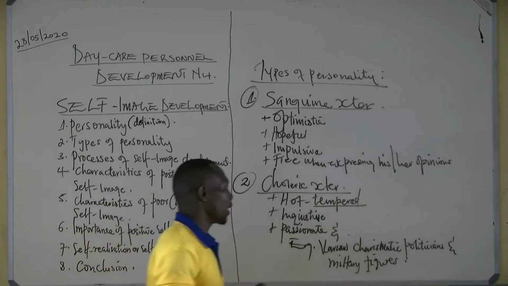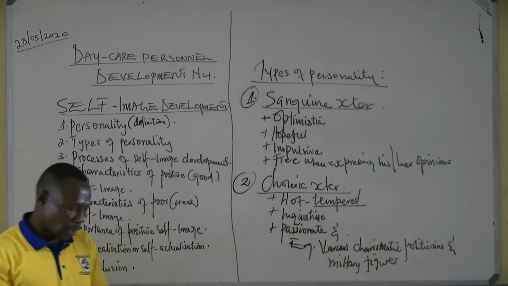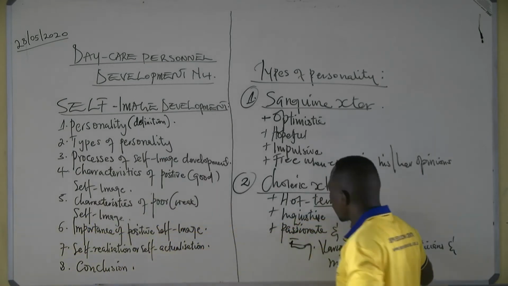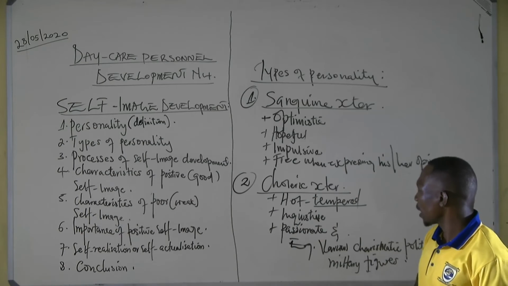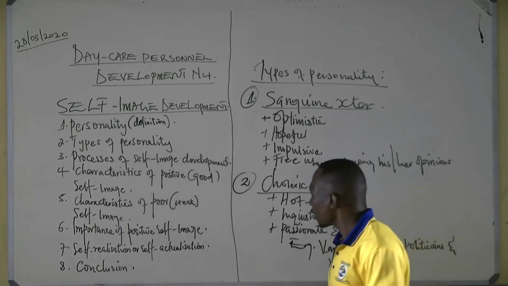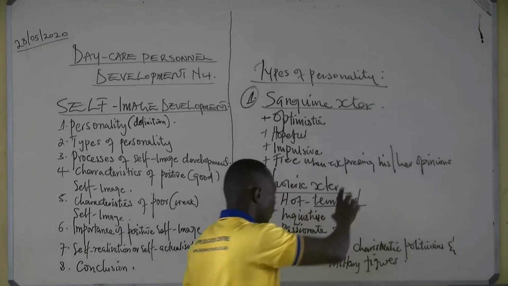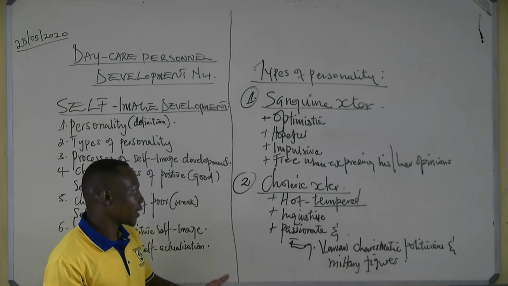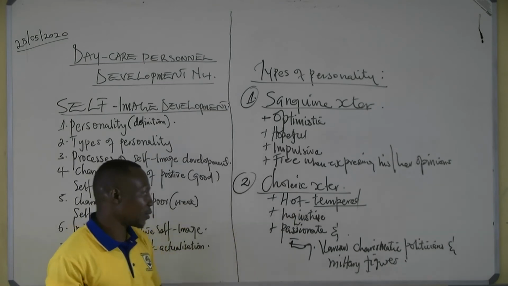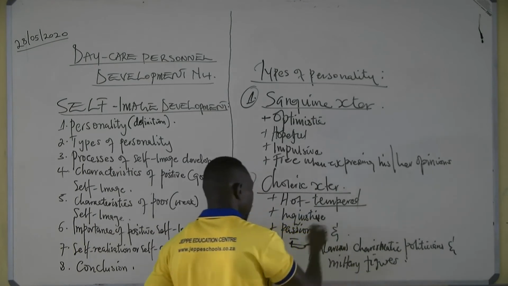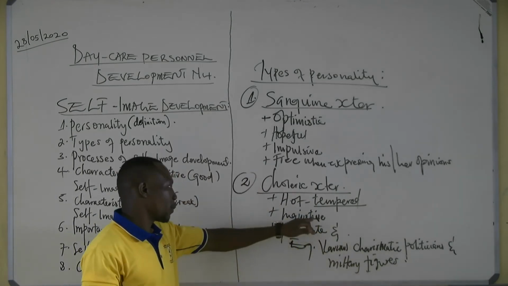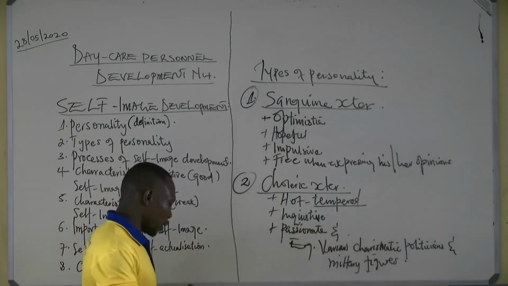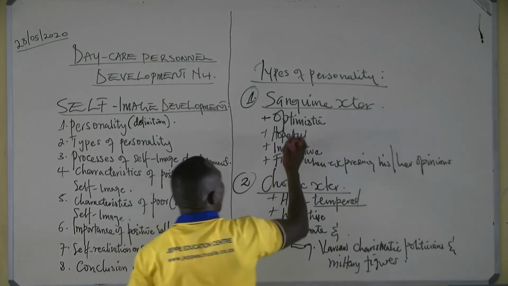This person is seen to be hot-tempered. Remember, there's what we call temperament, which we covered in topic 1 or in module 1, when we said temperament refers to the level at which an individual reacts to a particular action that has been performed by a given individual in a particular social group. So therefore, this person tries to regulate the level of temperament. However, sometimes it goes to the extreme, by being inquisitive and trying to instill this sense of being inquisitive and passionate in all people that are around him or her.